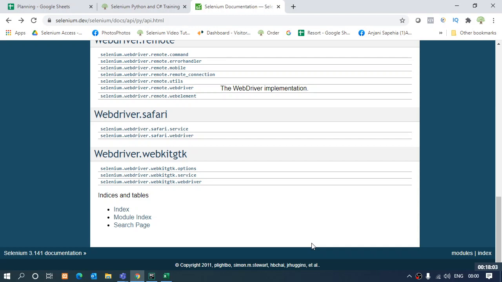Okay, so yesterday we have seen how we can identify different objects on the web page, right? Which are the optional attributes and which are the mandatory attributes along with the tag names. Now we have to extract them out of the web page so that we can actually interact with them, right?